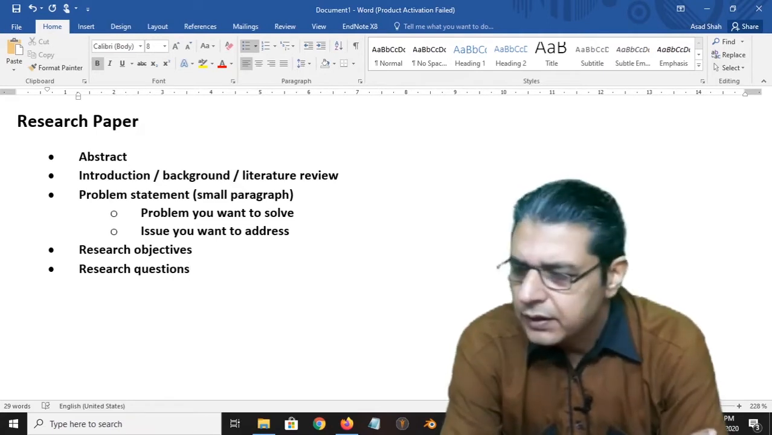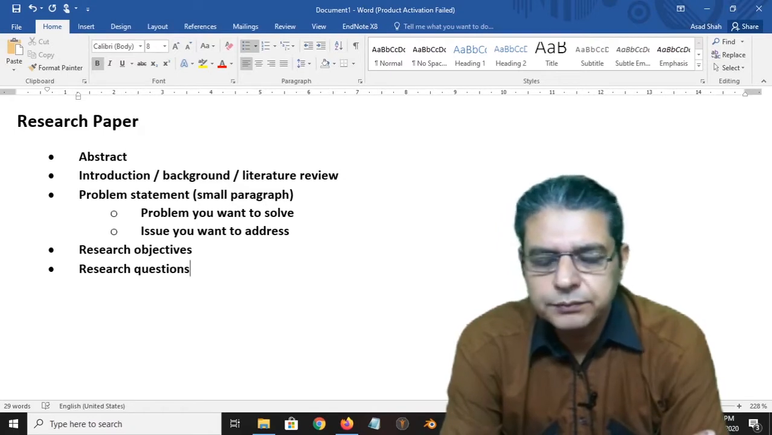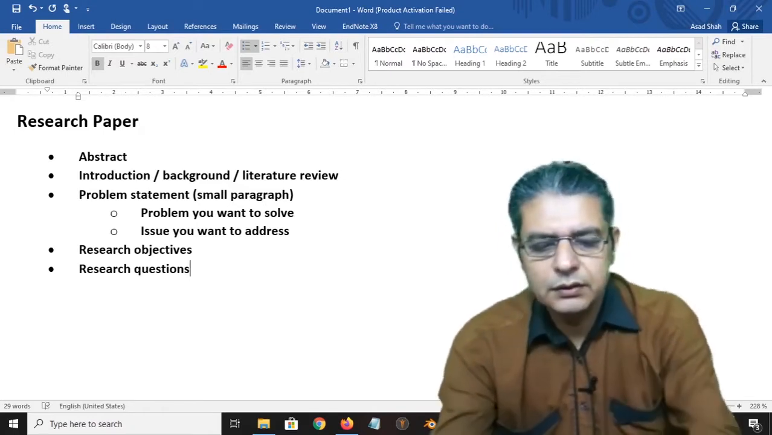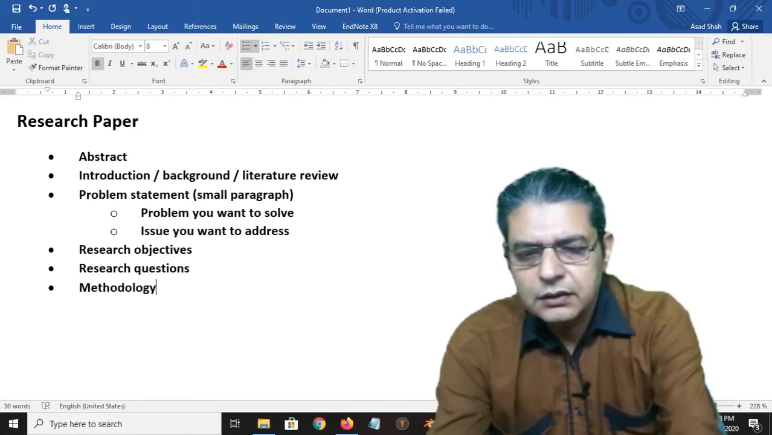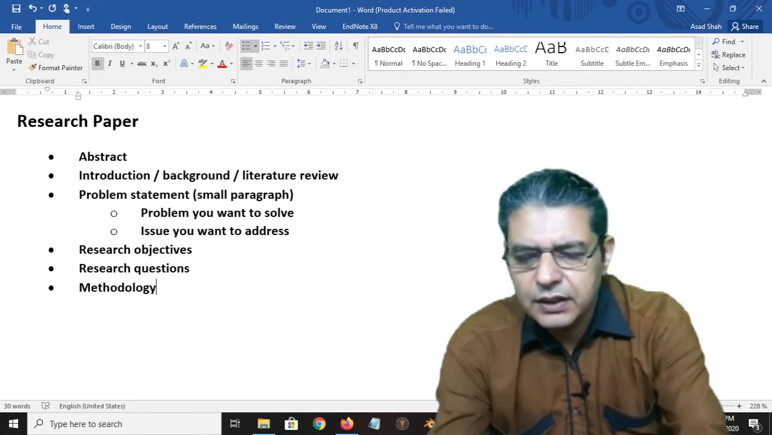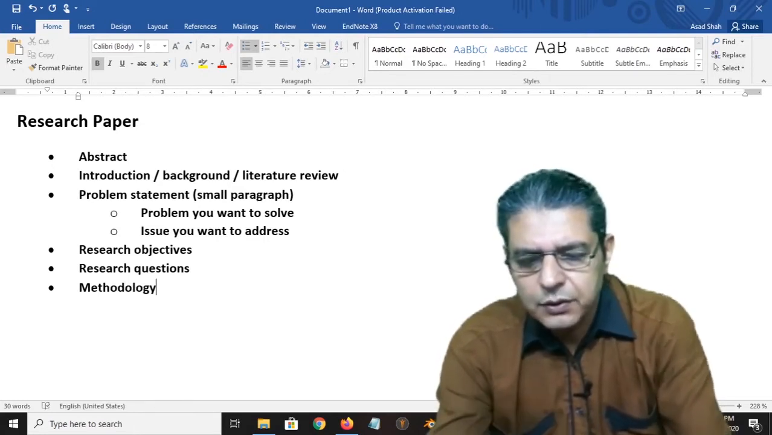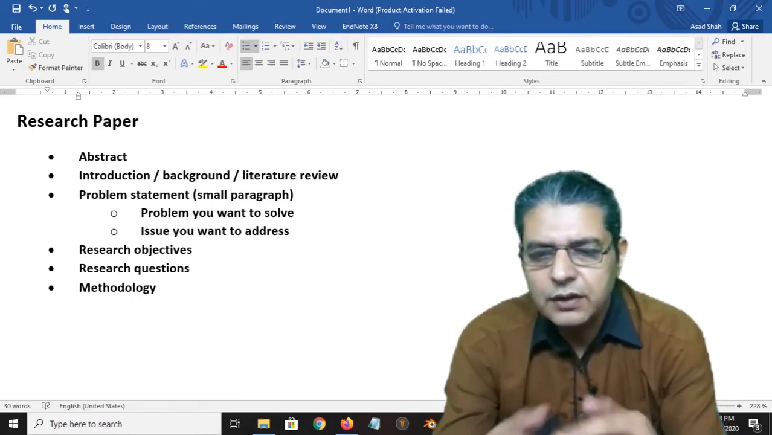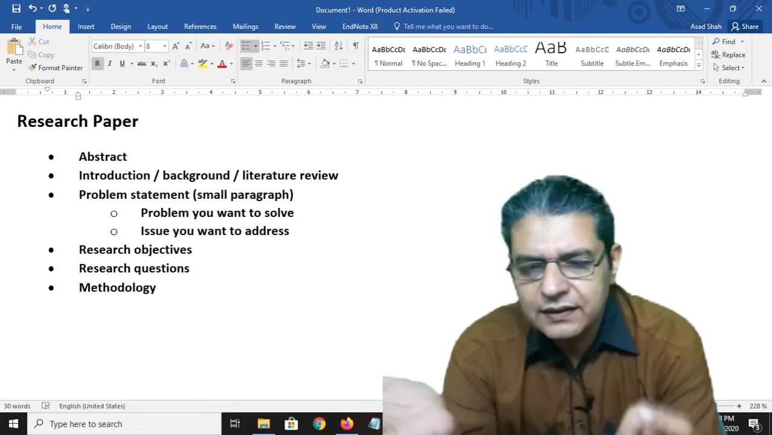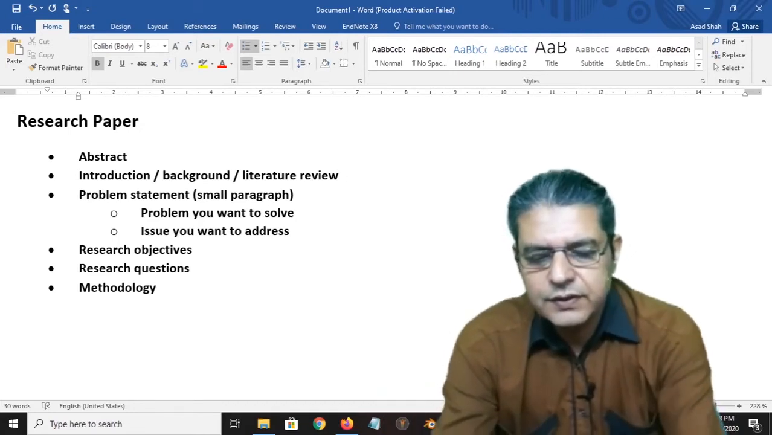Then move to the methodology section. I have spent a lot of time on methodology, and I have repeated it several times, but I'm going to repeat it again so that you are very clear about that. In methodology, you will write three sections. The first section will be